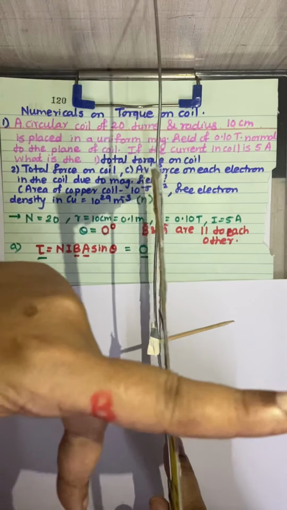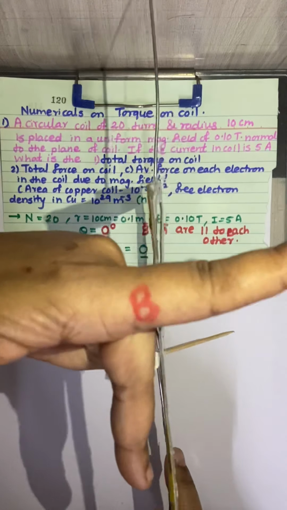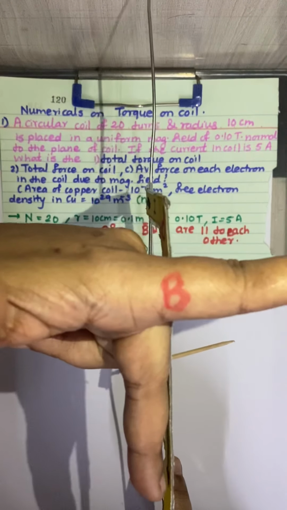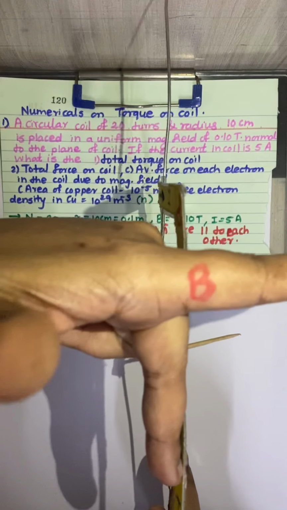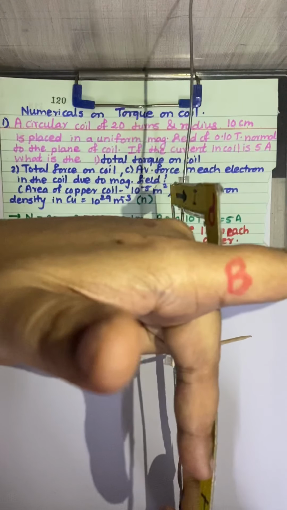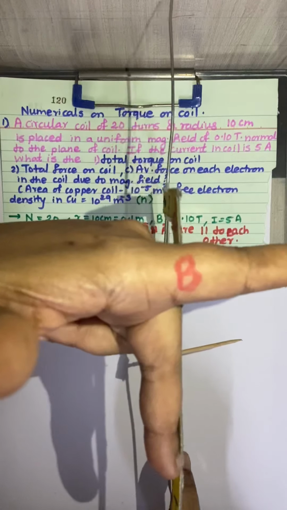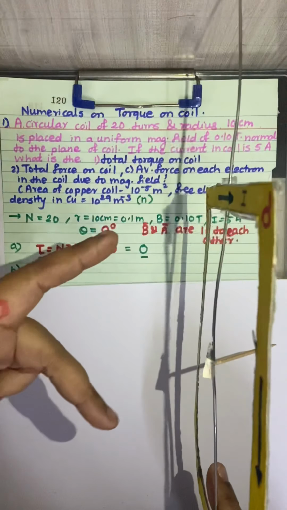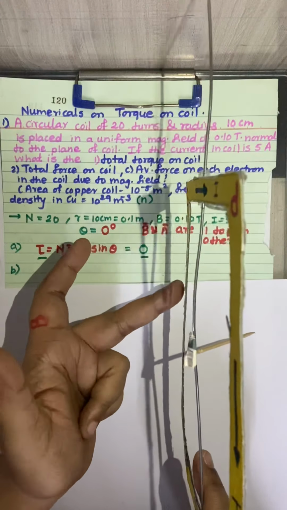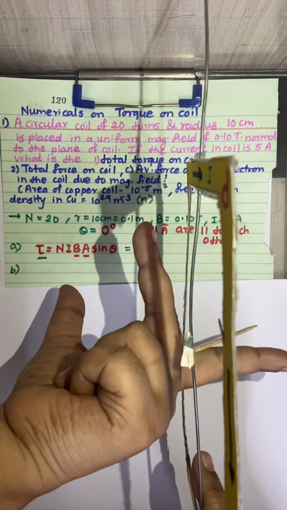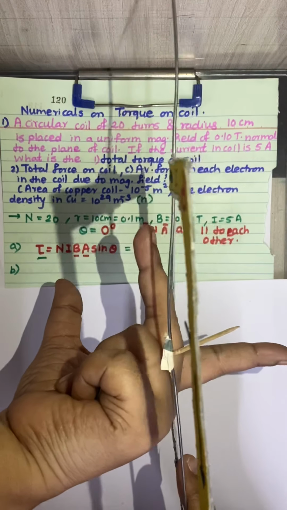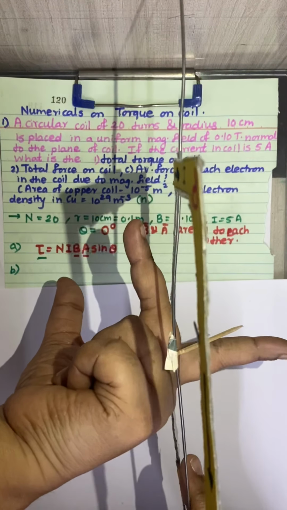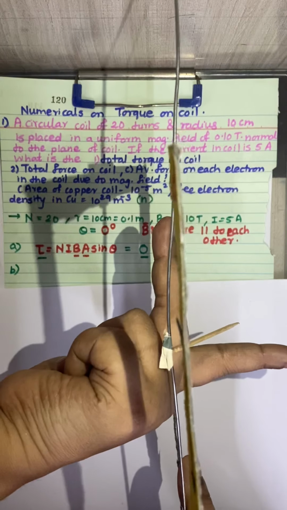So if I show you the direction, this is the magnetic field and the current is in the downward direction. So the upper arm has the force in the upward direction. Now what happens to the second one? The bottom arm now has the current in the upward direction. I can show that this is the upward direction, and the magnetic field is in the same direction as I have considered. Now you can see that the thumb shows the direction of the force, which is in the downward direction.